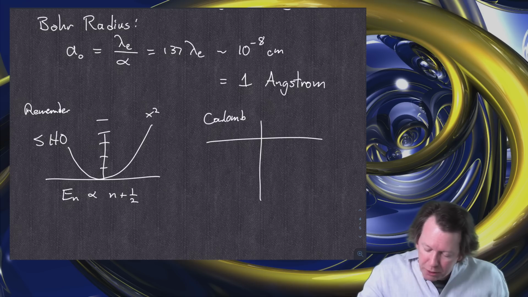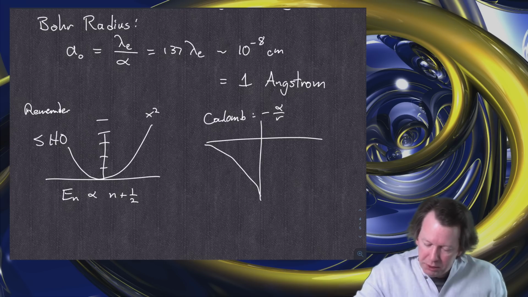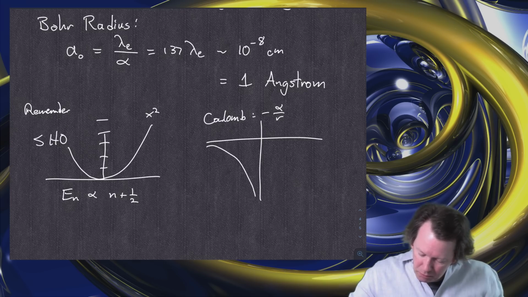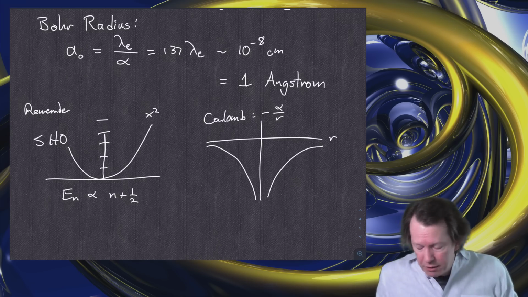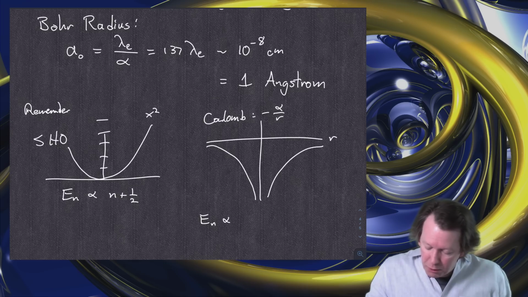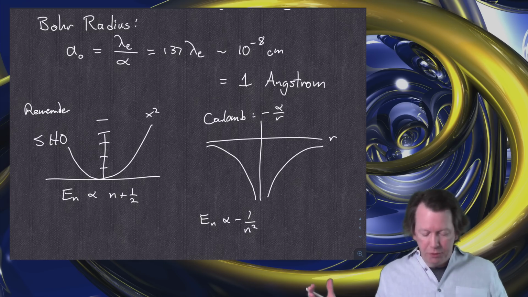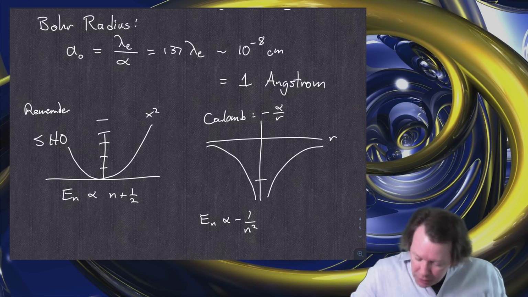Coulomb potential is the potential minus alpha over r. So the potential itself looks like this, as a function of r. But the energy levels have a slightly different behavior. The energy levels, E_n, are proportional to minus 1 over n squared. I'm sorry that alpha is used for proportionality and for the fine structure constant once again. But basically, there is a lowest energy level, E1, and this works out to be